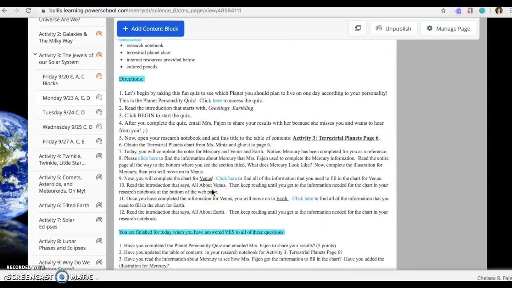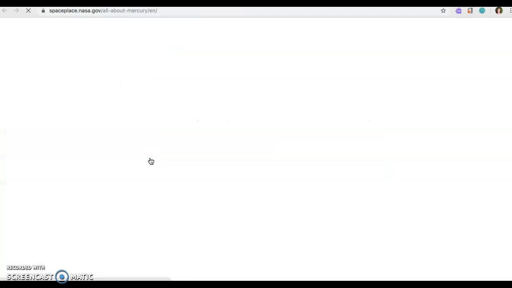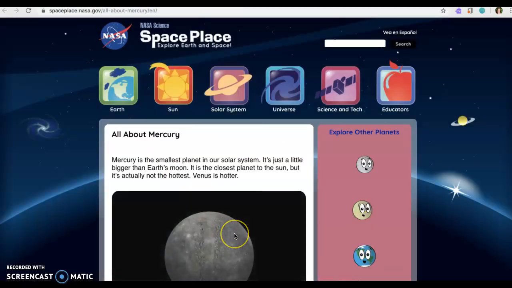And this is what you're going to do. So you're going to click here to access the information about Mercury. Then when you get down to step 9, there's a link to take you to Venus and then Earth. The reason I'm having you look at Mercury, even though I've already put the information in for you, is so